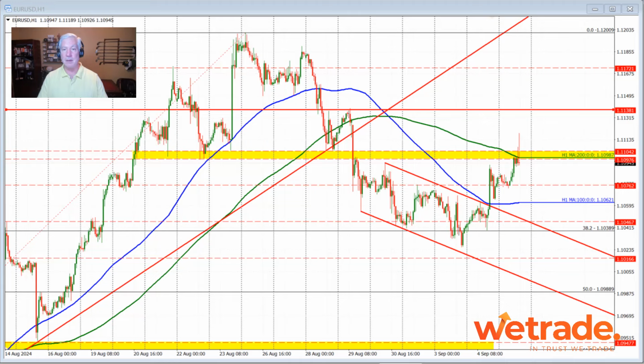So we saw weaker data on the ADP. We saw stronger data from things like the unit labor cost, which is more bullish, and also we saw the initial jobs claims come in better than expected as well. So we saw a whipping around in the U.S. dollar. What I'm trying to say, taking a look at the euro versus U.S. dollar,